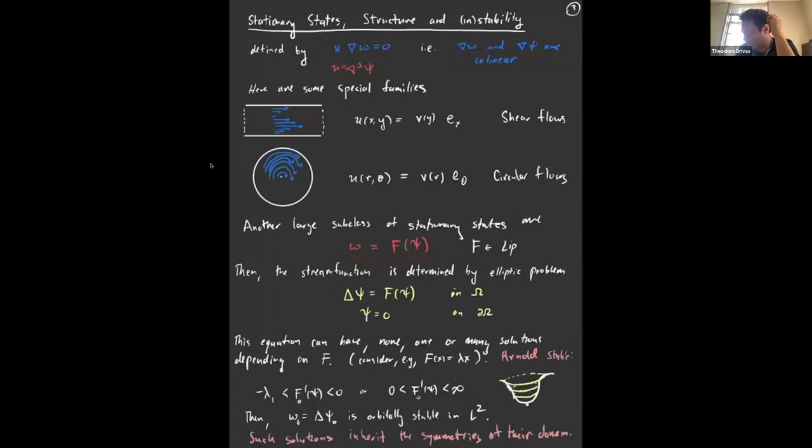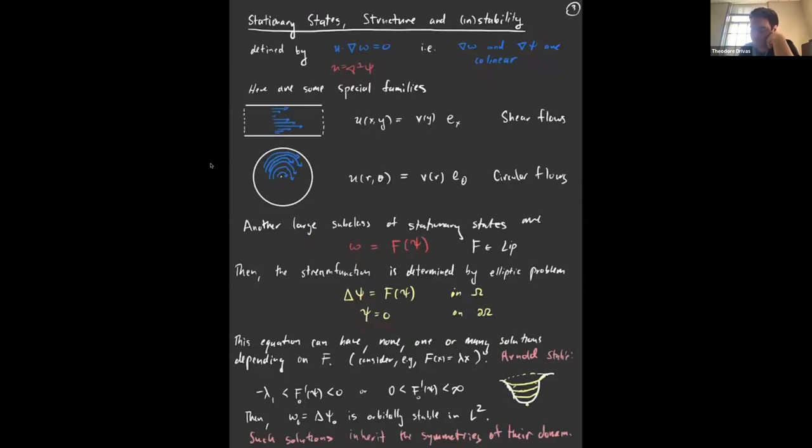And what this boils down to, since vorticity is the Laplacian of the stream function by definition, is trying to solve this semi-linear elliptic problem for a stream function psi,